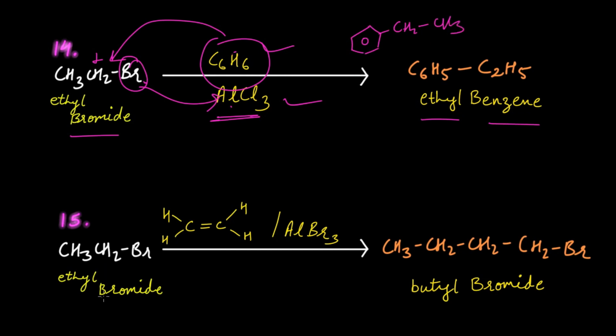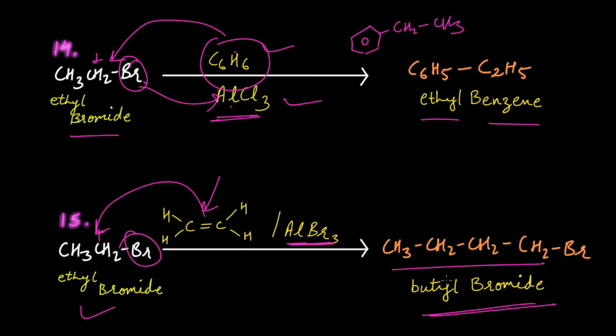Now 15th reaction, when ethyl bromide is treated with alkene in presence of aluminium bromide, you get butyl bromide. How are you getting this? This AlBr3 will take up the bromine atom, creating a positive charge. Now the double bonded electrons will attack the positive carbocation and will form a chain expansion, right? The intermediate formed will be CH3, CH2,